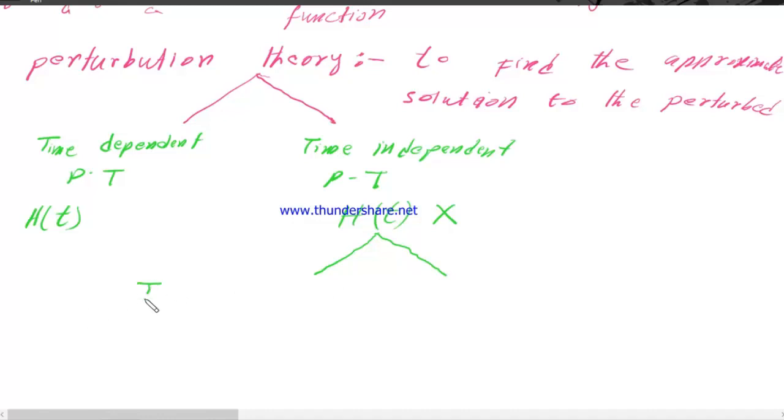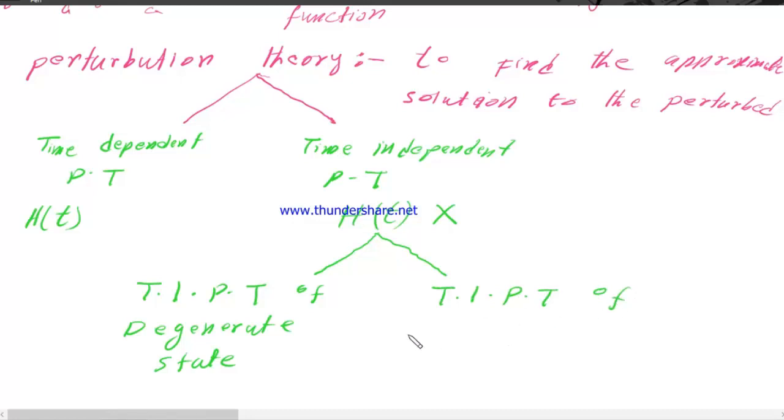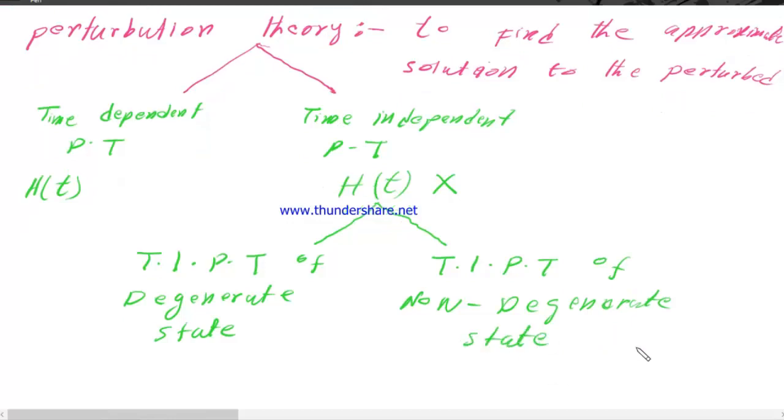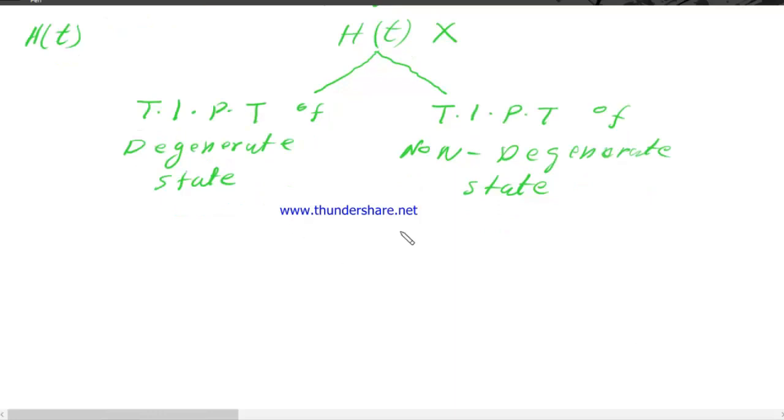The one is the time independent perturbation theory of the degenerate state, and the other one is the time independent perturbation theory of the non-degenerate state. Okay,